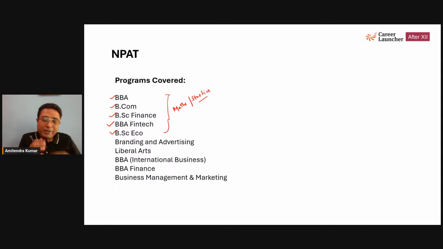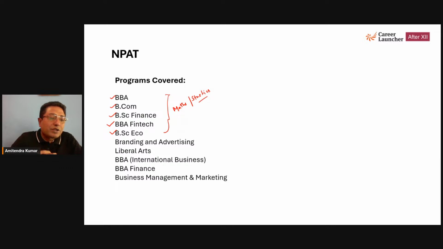So studied means you must have passed mathematics or statistics in your class 12 to be eligible for these 5 programs. So it is very important for you to understand this. For BBA, BCom, BSc Finance program, BBA FinTech program, and BSc Economics program, you need to have a maths background. That's very, very important. Otherwise, you are not eligible.